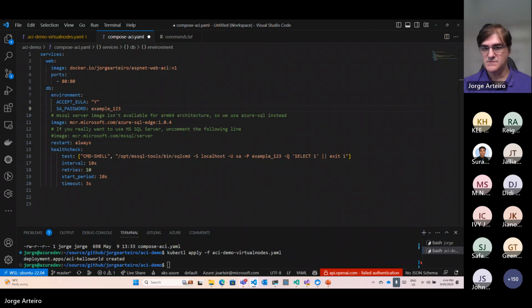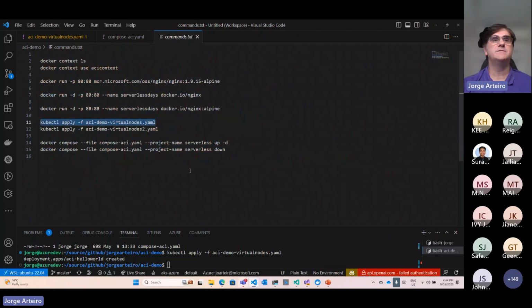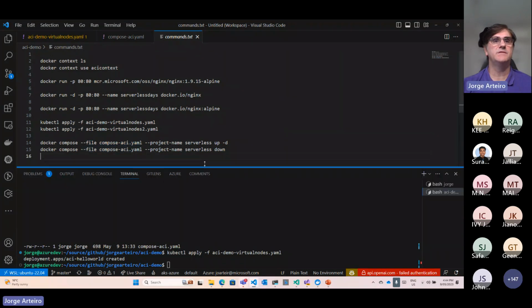Yeah, with Docker Compose it could be the indentation of the file, or the indentation here, or could be your command. Make sure that you point to the right file when you run. Let's run this one here.